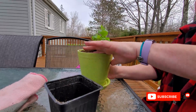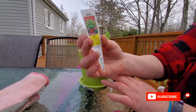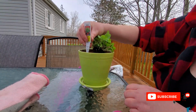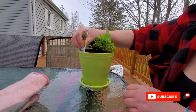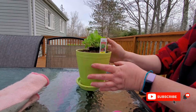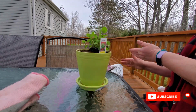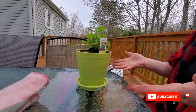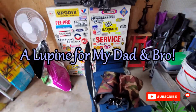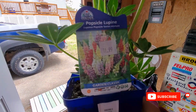Okay, so also, because I could be a knob when it comes to remembering, although mint I eat, I will place this in. I like the look of the identifier in there. Beautiful. Alright. So, all done. Okay, so the next job on my plate is to plant this guy, which is a